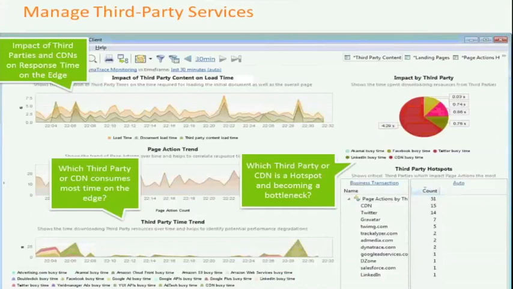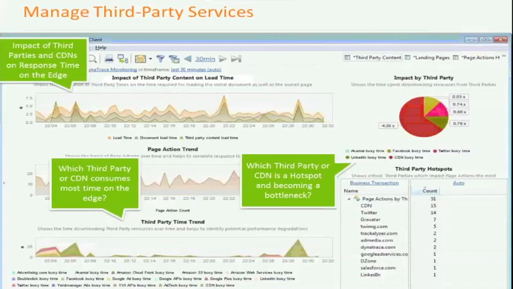One more aspect is about the third-party services. Is there third-party content? I think everybody today on the web makes use of third-party content. On an average, a web page makes about 12 to 15 connections, and I have seen in my experience that some of these pages go into 50, 60 connections, and mostly they would go to social media websites because that's an integral part of any web page today.